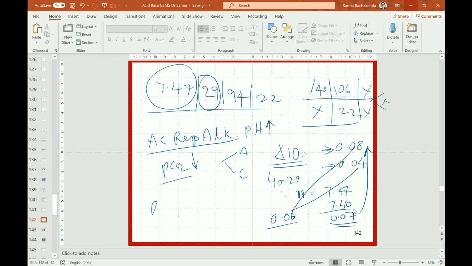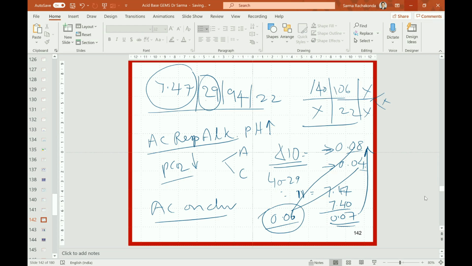What is the rule there? It is acute on chronic. So there is an acute situation on a chronic situation. If the calculation is showing midway between the acute and the chronic, it is acute and chronic. Okay. This is not midway. This is very much nearer to 0.8 than 0.4. 0.7 is much nearer to 0.8. So it is a case of acute respiratory alkalosis.